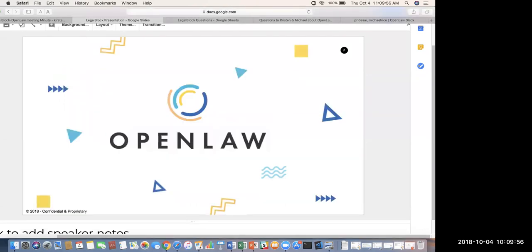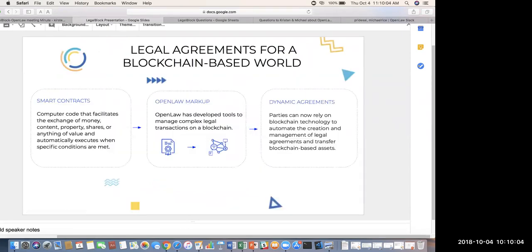Okay, perfect. So basically at OpenLaw, what we're doing is we're building a legal agreement layer on the blockchain. So using OpenLaw, parties can rely on blockchain technology to automate the creation and management of legal agreements and seamlessly transfer blockchain-based or tokenized assets using our protocol.